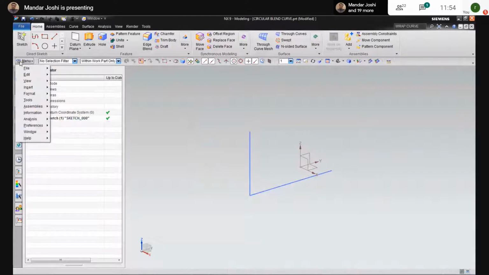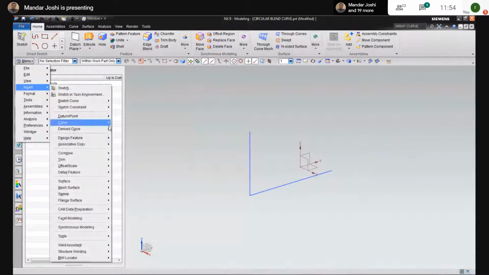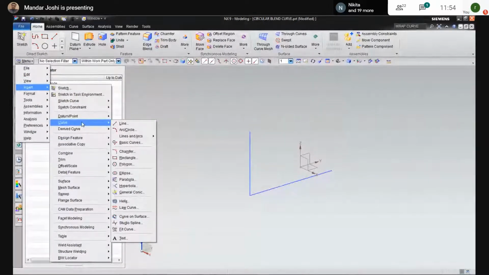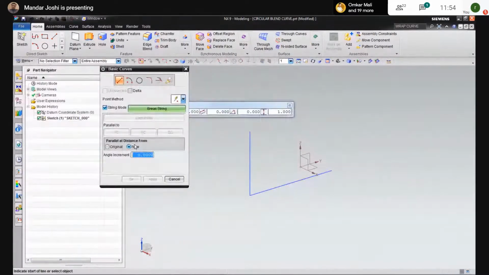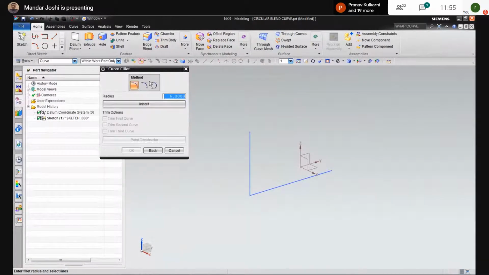Then go to the menu option, insert, select the curve. Then take the basic curves option. In the basic option, you will find the fillet. The condition is that you enter the fillet radius and select the lines.